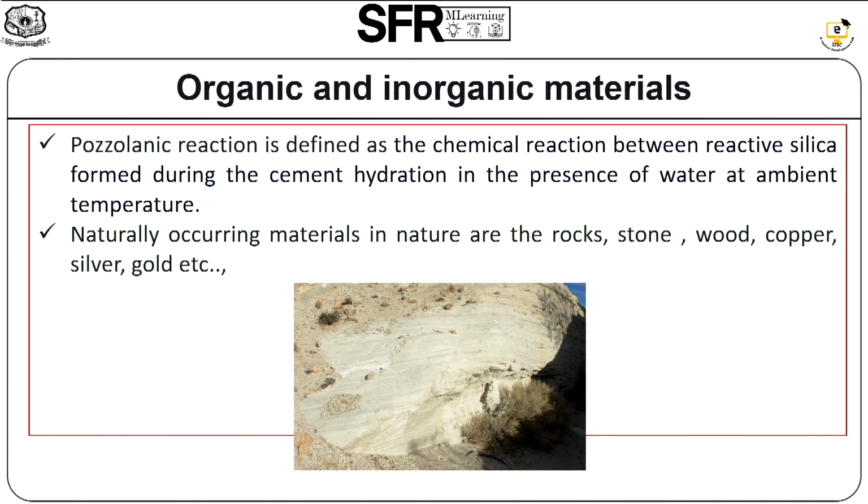So the rocks, stones, wood, copper, silver, gold, etc. are naturally occurring materials that exist in nature in the form in which they are to be used. However, naturally occurring materials are not available in large numbers. Nowadays, most of the materials are manufactured as per requirements. Obviously, the study of engineering materials is also related to the manufacturing processes by which the materials are produced to acquire the properties as per requirements.